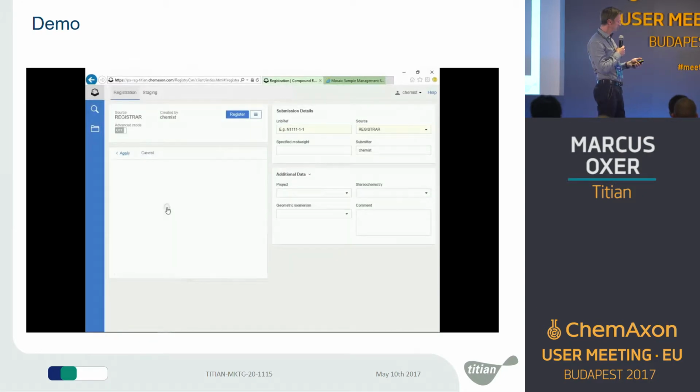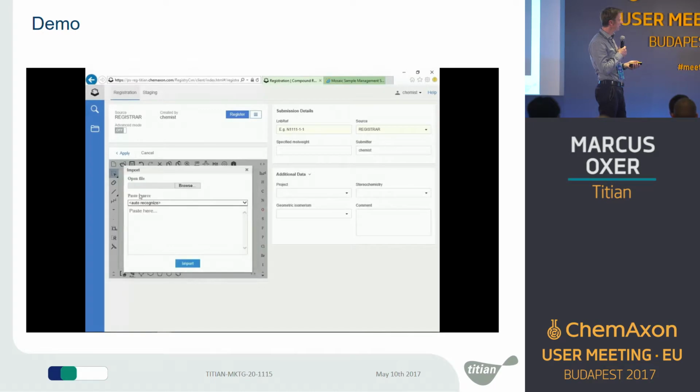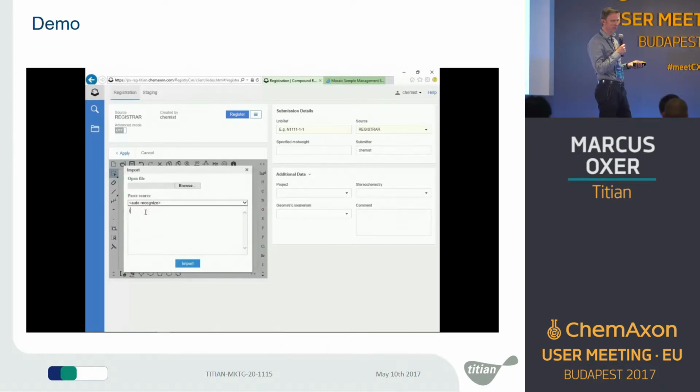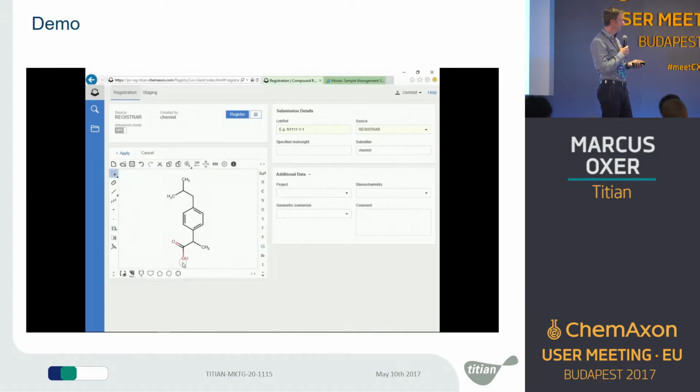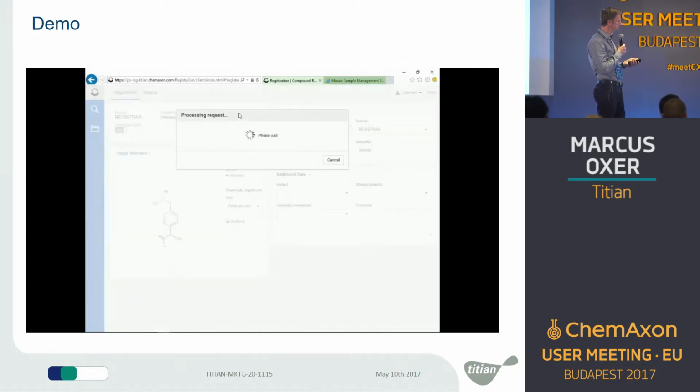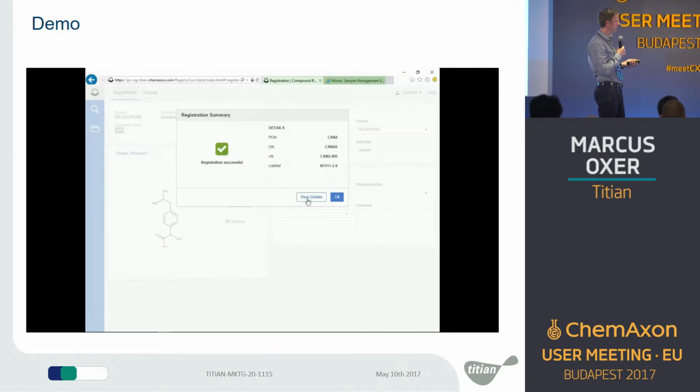So here's the video. Start off by registering a new molecule. Obviously lots of different ways of doing this. I'm just typing in ibuprofen in this case, and then the next thing is to just enter the LMB ref for this molecule, and then just click the register button, and that's the registration done. Obviously I'm not focusing on the details of ChemAxon registration today. But having done that, that's a molecule registered in ChemAxon registration. We've got